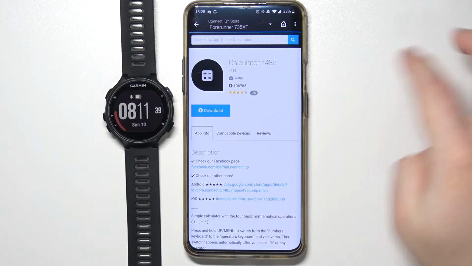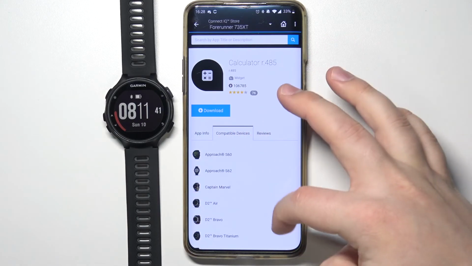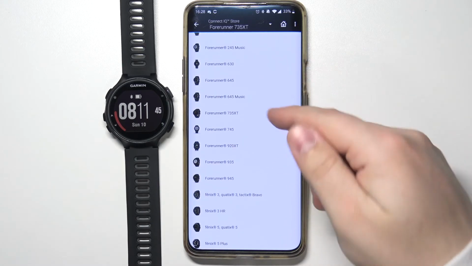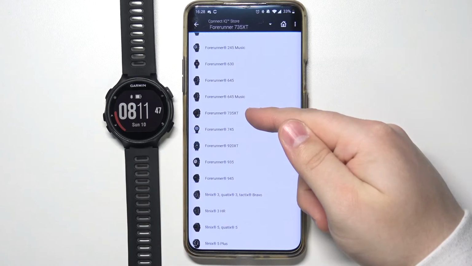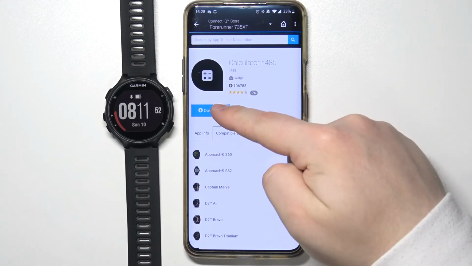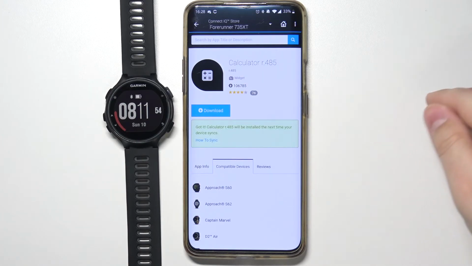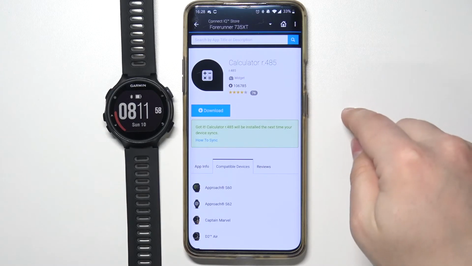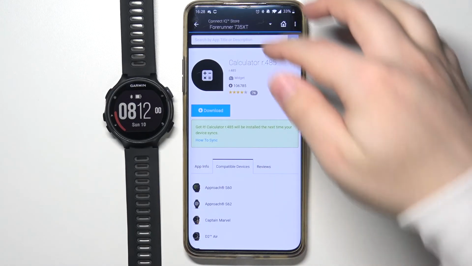See if your watch is compatible with this widget. Let's open it and scroll down. And right here we have our Forerunner 735XT, so it is compatible. Now, let's tap on download to install the widget. As you can see, now it says that it's gonna be installed after we sync our watch with our phone next time. So let's go back to the